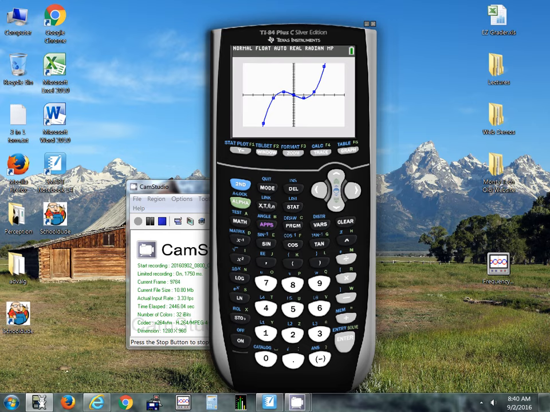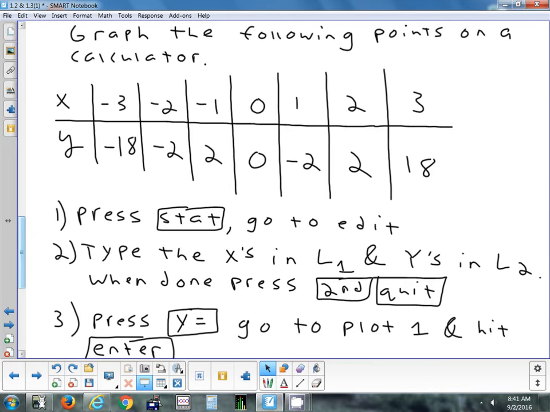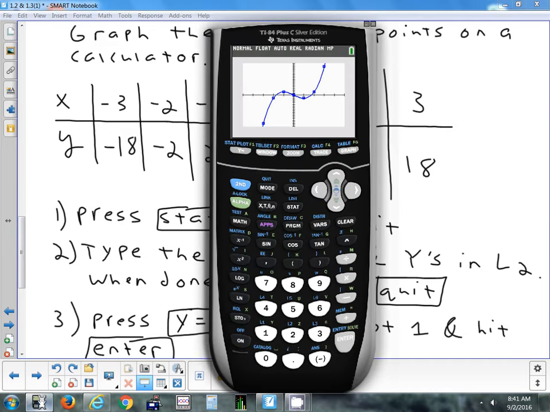Anybody think why that would be useful? Why would you want to take and fit a function to a set of data? What would that be useful for? Think about like maybe science. Like if, let's say maybe this table of data was lab results from something. What would finding a formula for this data let you do? Yeah, you could kind of like predict your results. So you could make a prediction and say, well, if x is 4,